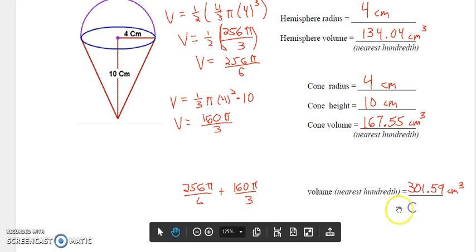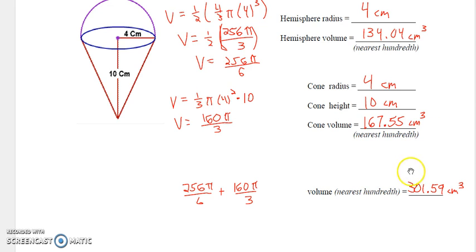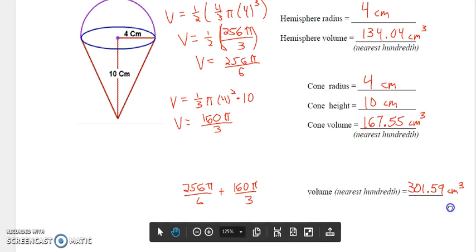And that's our answer. The reason why I did that, this one was just asking for the rounded answer for the hemisphere volume. This was just asking for the round answer for the cone volume. But when you ask me for the volume of the composite solid, I don't want to round once, round again. I only want to round one time. So that's why I typed in the 2 exact answers to get this answer. Okay? So it's volume of the sphere, 4/3 pi